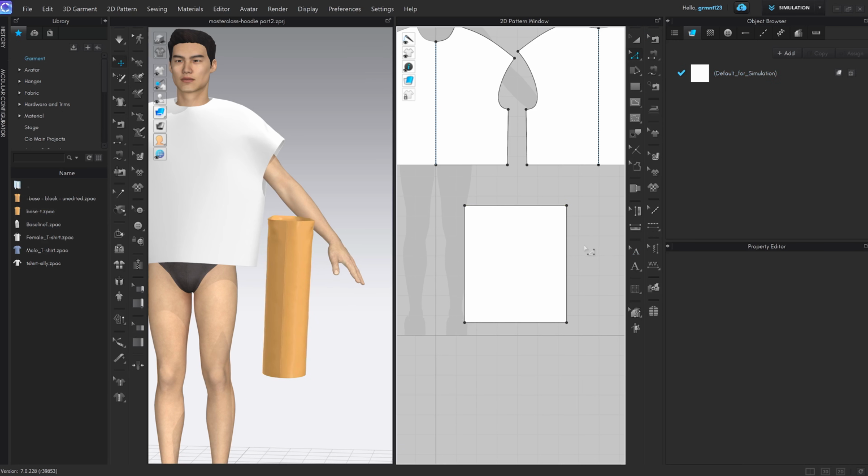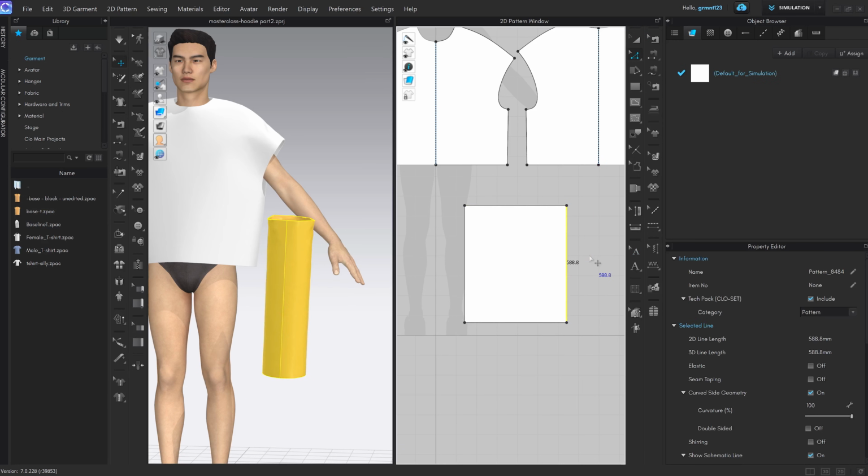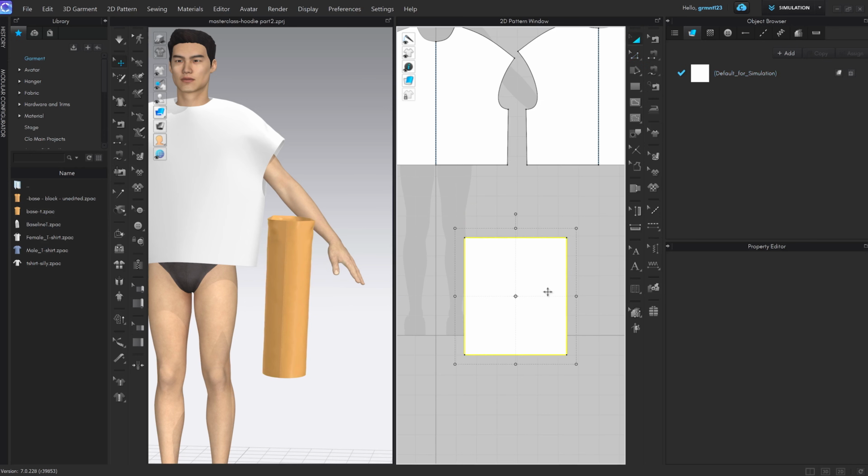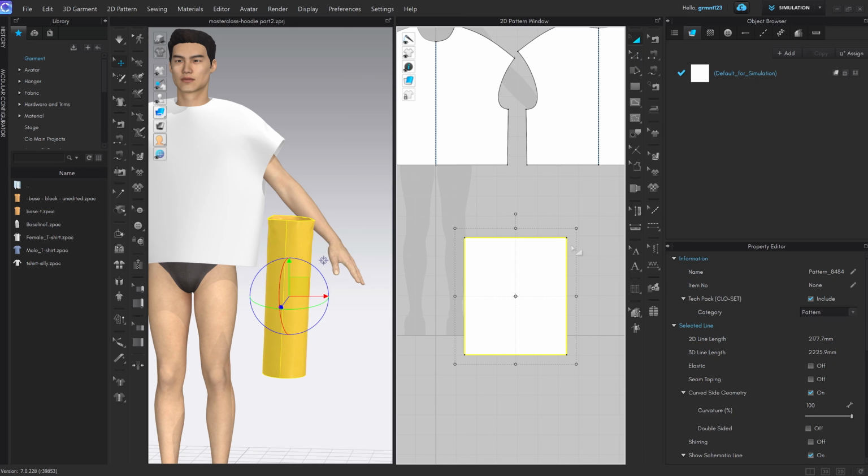It's still 500, right? If I scale it this way, then it's only gonna go sideways. But I wanna scale it proportionally, so the entire thing, which is gonna affect both the width as well as the height. In order to do that, you just wanna grab one of the corners, but we're not gonna eyeball it because